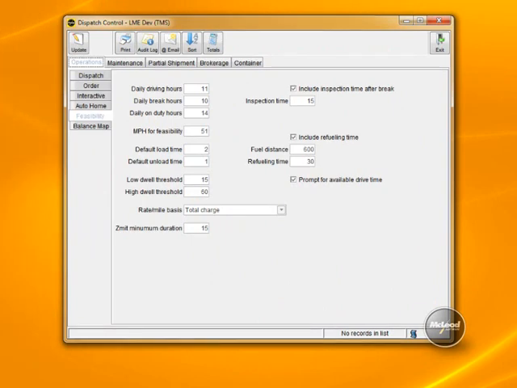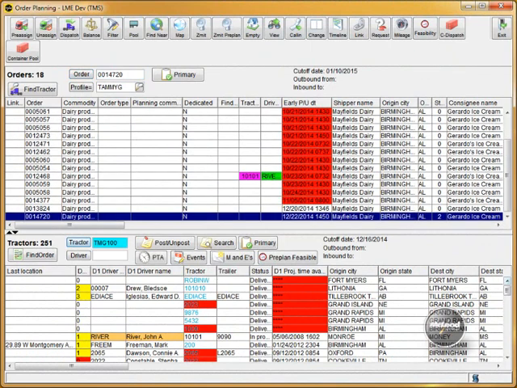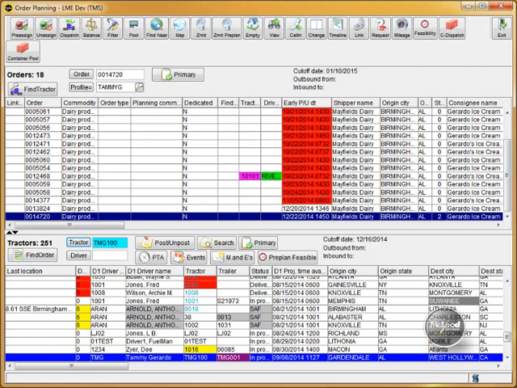There are some control fields that must be set on the Feasibility tab in the Dispatch control file in order for feasibility to project properly. See the video on this tab for more information. Now we'll go to the Order Planning screen where you'll see the Feasibility command in the toolbar. After selecting an order and a tractor that has a driver assigned, click on the Feasibility command to run the